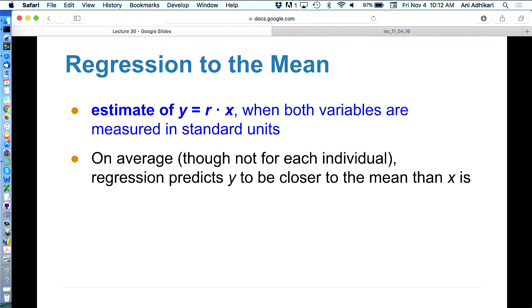So our main business of last time was regression to mediocrity, a little more politely known as regression to the mean. That says that if your value, assuming that R is positive, is some number of SDs above average in one variable, then your estimate for the other is not quite that far away. And the formal equation is if you measure both variables in standard units, then you start with what you're given in standard units. You multiply by R, that's your regression estimate. End of story, if you want the answer in standard units. After that, it's just a matter of converting from standard units to whatever other units you want.